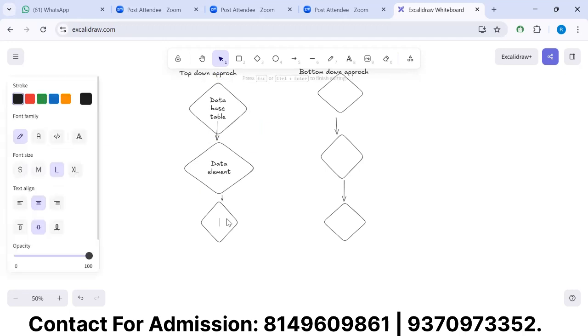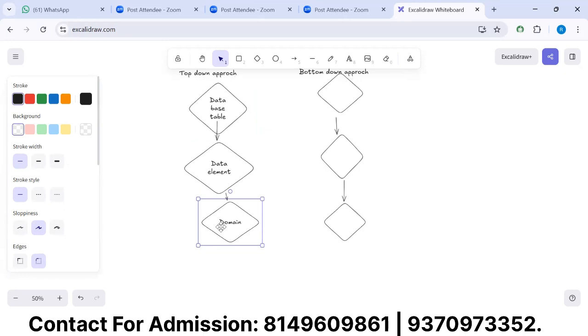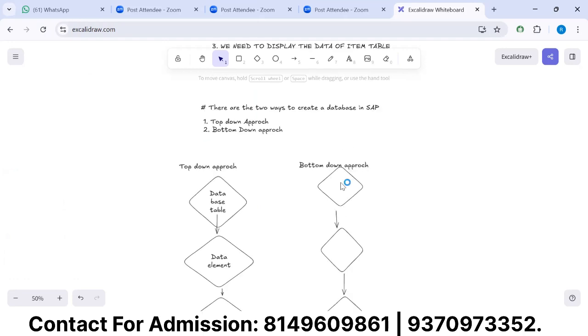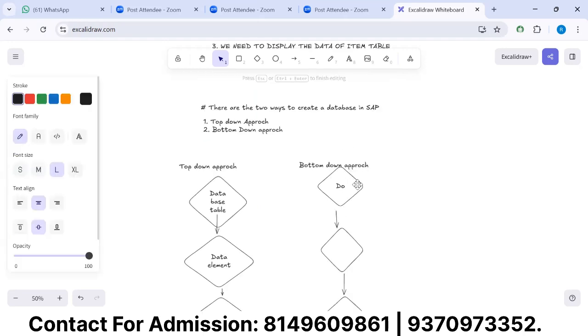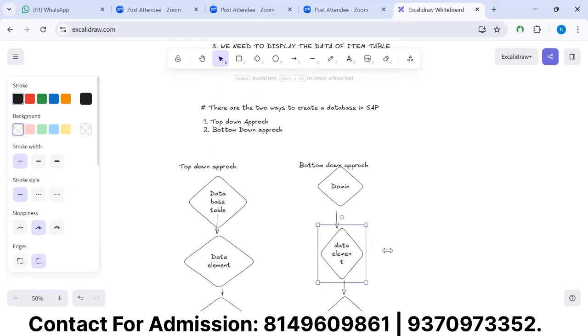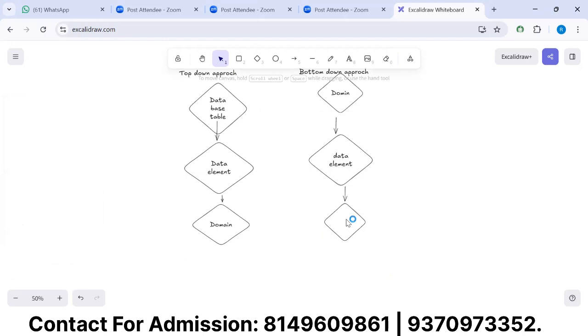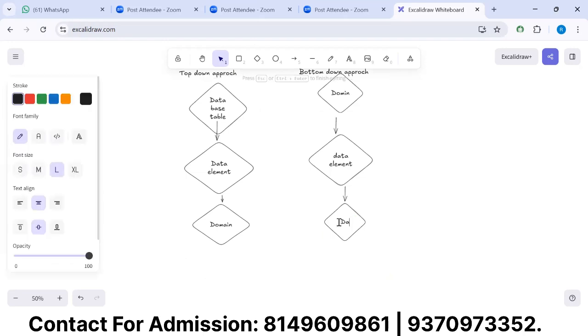उसके बाद हम करते हैं डोमेन। इन टॉप डाउन अप्रोच हम पहले डेटाबेस क्रिएट करते हैं, उसके बाद डेटा एलिमेंट क्रिएट करते हैं, उसके बाद डोमेन क्रिएट करते हैं। बॉटम डाउन अप्रोच हमने ऑलरेडी देखा है, पहले डोमेन क्रिएट करते हैं, उसके बाद डेटा एलिमेंट क्रिएट करते हैं, और उसके बाद हम डेटाबेस टेबल क्रिएट करते हैं। उसका उल्टा करते हैं बस।